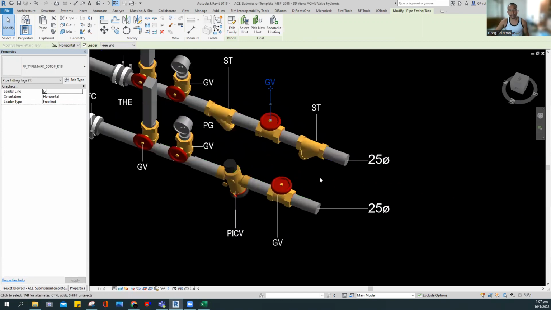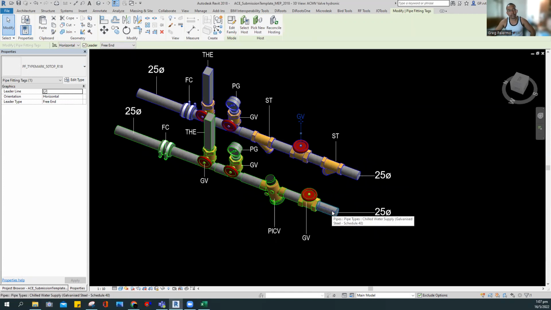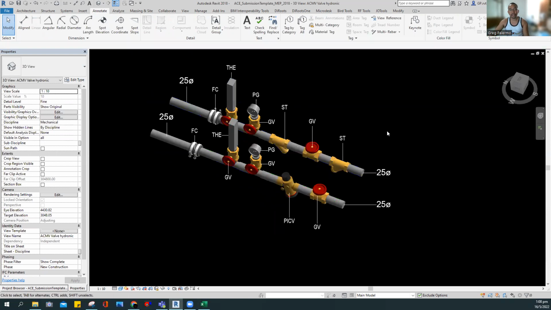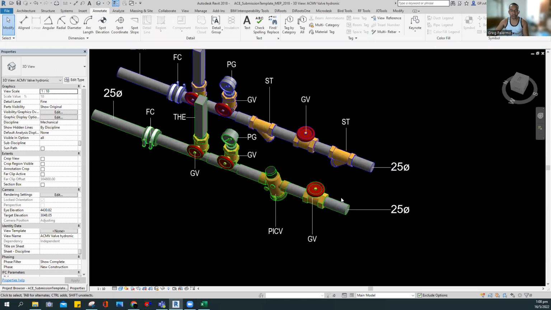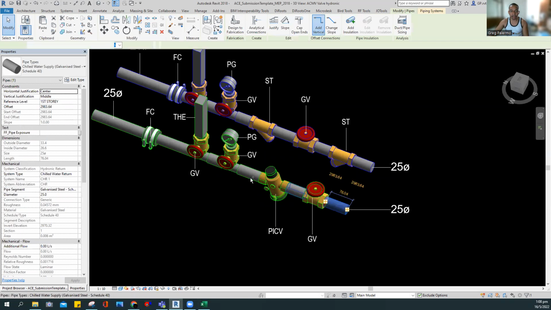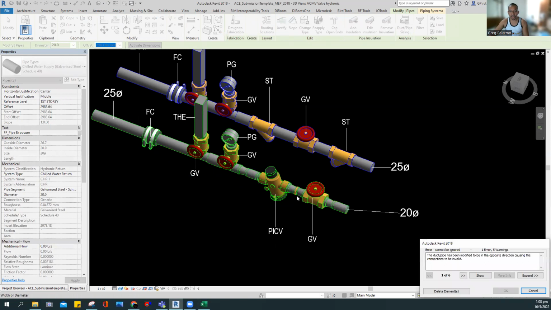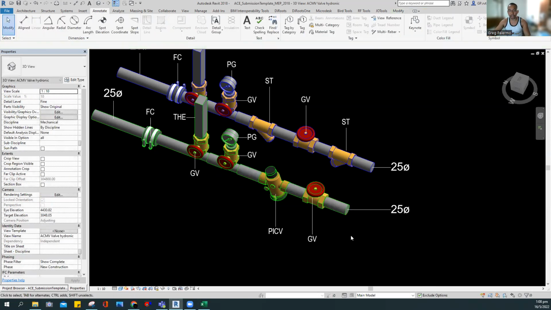Let's say the pipe will be around 20 only, not 25 as used in certain projects. So let's resize this one. For the normal resizing, you select this one and then go to 20. That's the normal sizing. Then there's some error for the pipe transition because there's no space, so that's why you have some trouble. You have to expand again or offset the distance for this gate valve and then the PICV. So to eliminate all those